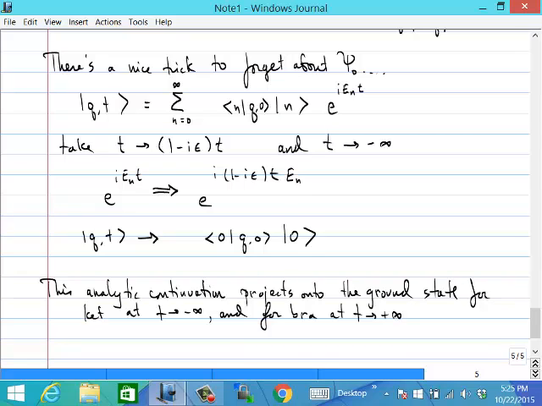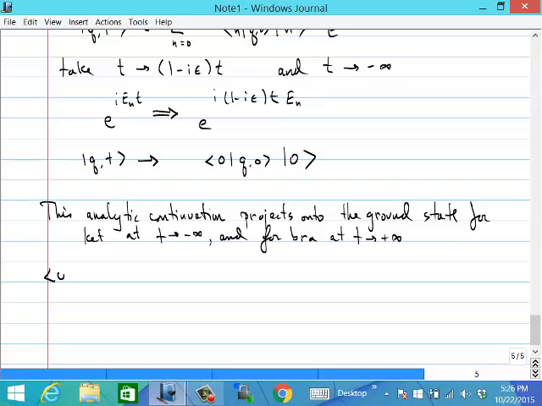Well, that's great, because we wanted to set the bra to be the ground state in the far future. If you wanted to compute an expectation value in the vacuum, you would want to be in the ground state for the ket at past infinity, and the ground state for the bra at future infinity. So that means that if you want to compute the vacuum expectation value, where you just demand that you're in the ground state in the far past and the far future,